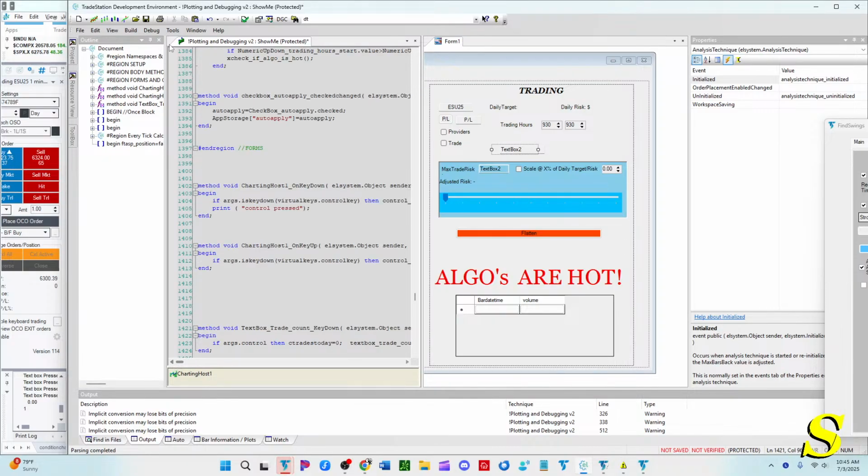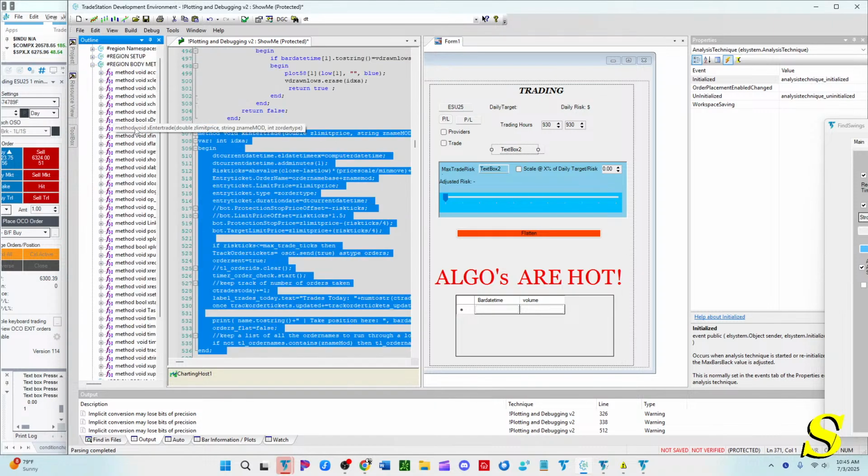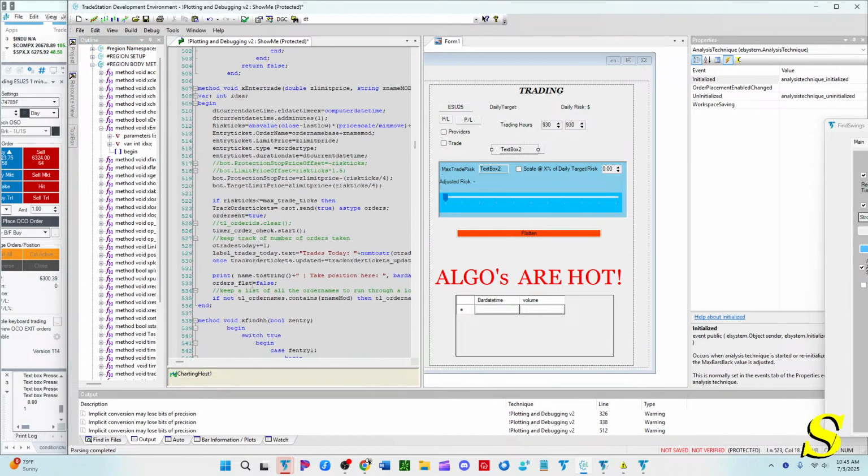All right, and then when we go back up to where we enter the trade at, we need to label trades today dot text. Nope, that will be text box trade count dot text trades today. Or I think I did trade count. All right, so we're updating C trades today with 1 when we get a new trade, and then we are updating our text box. Now also when we uninitialize,